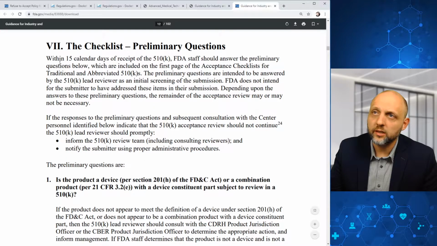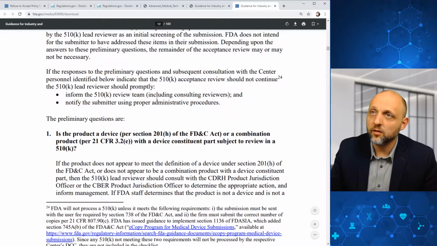Preliminary questions. Within, again, 15 calendar days, FDA staff should answer the preliminary questions below, which are included on the first page of the acceptance checklist for traditional and abbreviated 510(k)s. FDA does not intend for the submitter to have addressed these items in their submission. Depending on the answers to these preliminary questions, the remainder of the acceptance review may or may not be necessary. If the responses to the preliminary questions and subsequent consultation with the center personnel identified below indicate that the 510(k) acceptance review should not continue, the 510(k) lead reviewer should promptly inform the 510(k) review team and notify the submitter